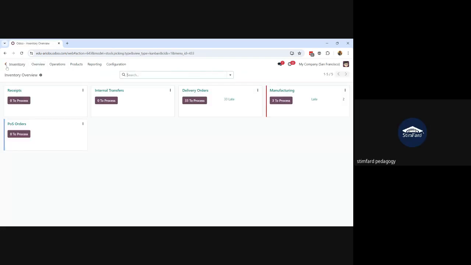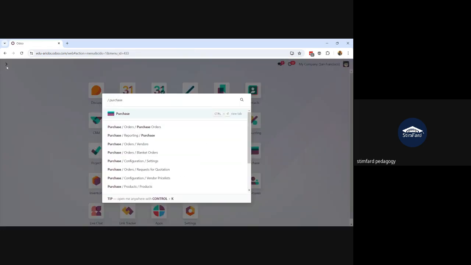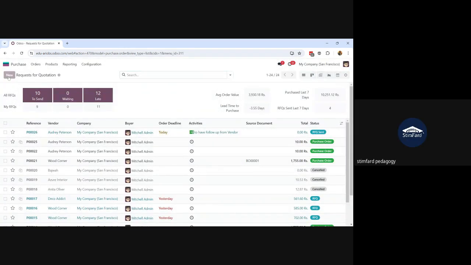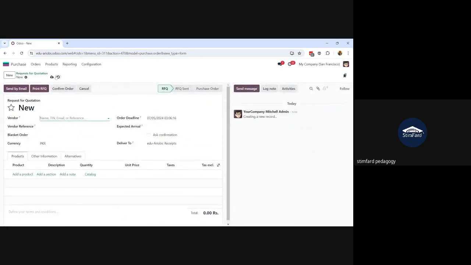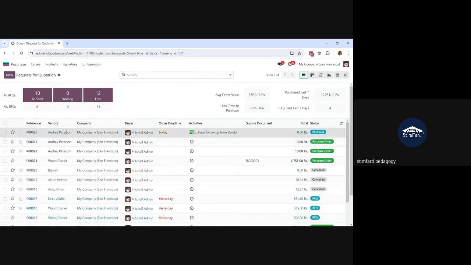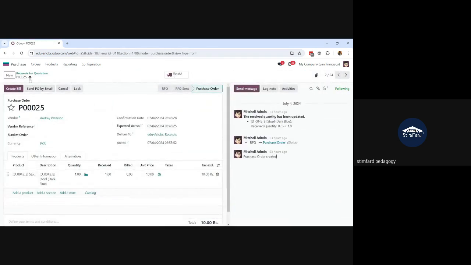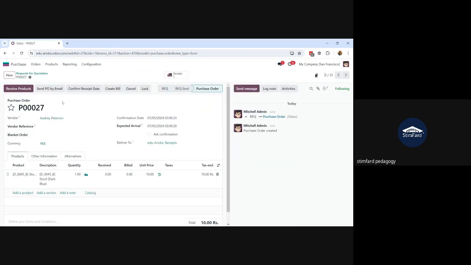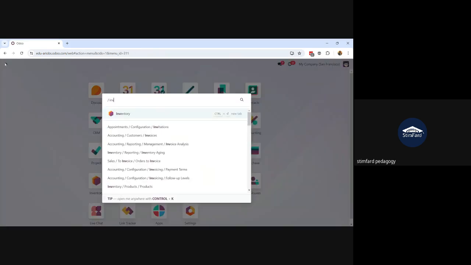Okay, so let's say I am creating a new purchase order. We are going to discuss why you need to create a new operation type and how you can create one. Let me duplicate rather than creating a new one. So I will go to the existing one and go with the duplicate option. Confirm purchase order. As I have confirmed the purchase order, you can see here the receipt transfer has been created. And if I go to the inventory,